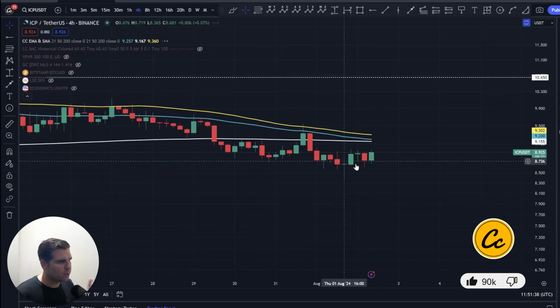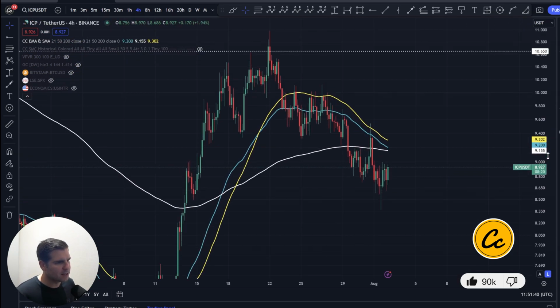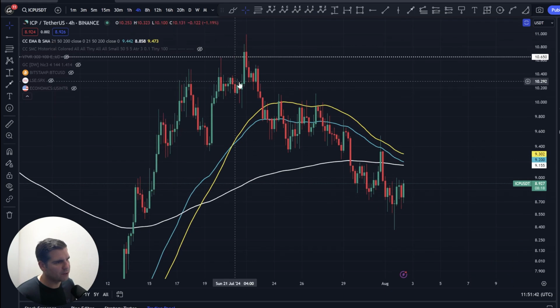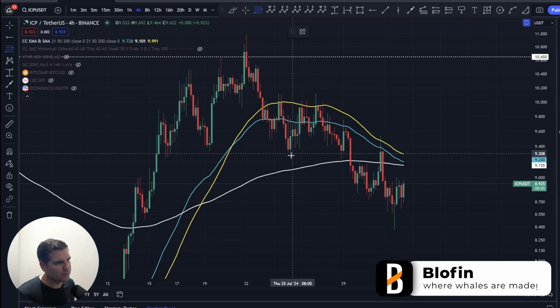If I bring this down to a 4-hour time frame, and the reason for this is I want to scrutinize the structural points that we see here. Okay, we have had this bit of a sell-off. We've had this move, this one, and then here. Now why am I a little bit nervous about this? Well, to me, it looks like a W, X, Y, X, and Z pattern, at least the potential for it.